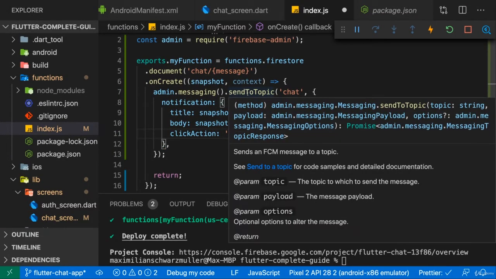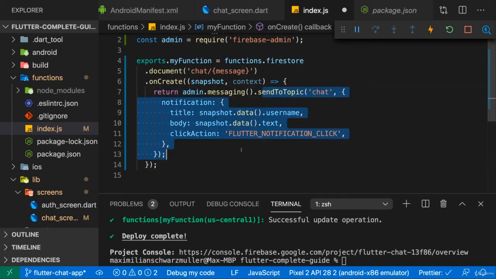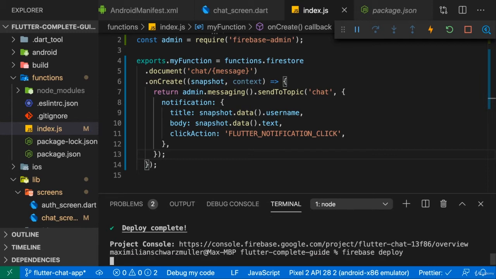So that should send a message, and this returns a promise, and that makes this entire process the ideal return value of our function. This ensures that the function will keep on running until this message here, this notification, has been scheduled. So with that, if we now save this, we can redeploy our Firebase function with Firebase deploy, and